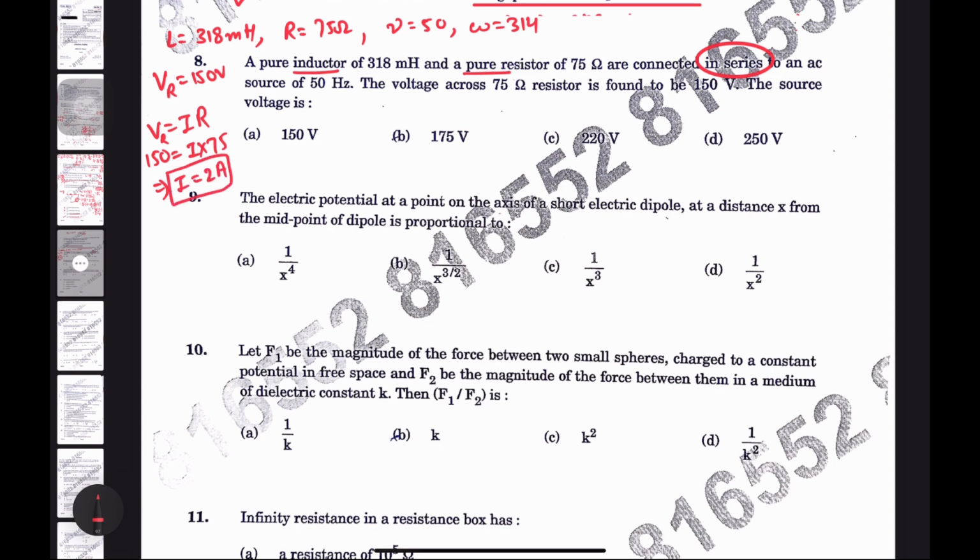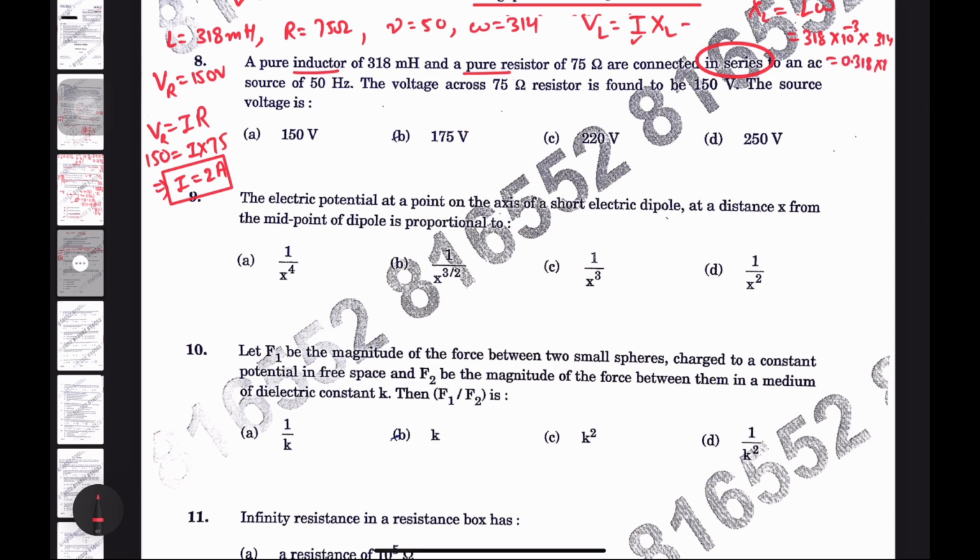So that means if a current of 2 ampere is flowing through the resistor, the same amount of current is flowing through the inductor. That means in order to calculate VL, we need I into the resistance offered by the inductor. We have the value of current, but we do not know the resistance offered by the inductor, that is inductive reactance. We need to calculate inductive reactance, and XL is equal to L omega. We will put the values, that is 318 into 10 raised to power minus 3 into omega, which is 314. So the calculation comes out to be